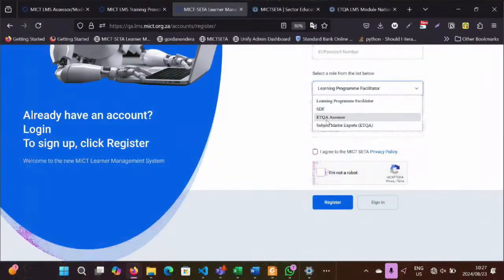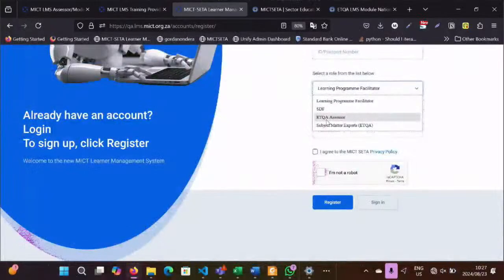So the system allows you to do that. You don't have to be just one role. You can be several roles in the system. Same thing with the training provider or SDP. You can be an assessor and also an SDP on the system, using the same email address and password to log in.